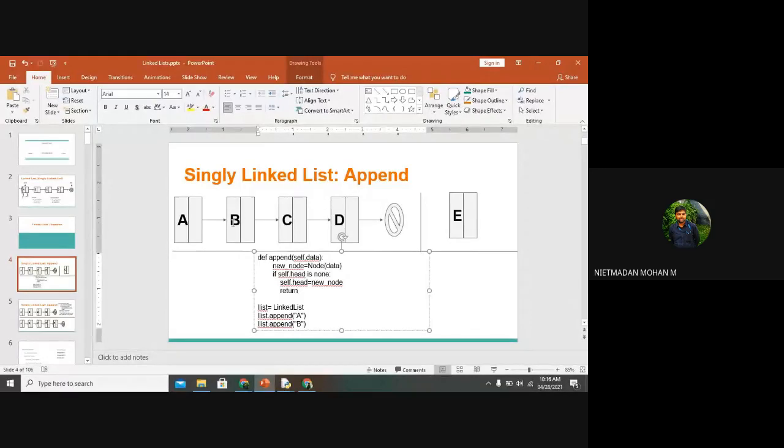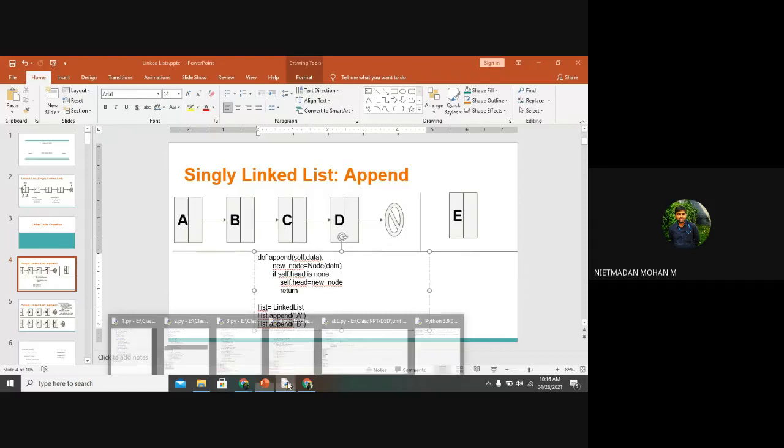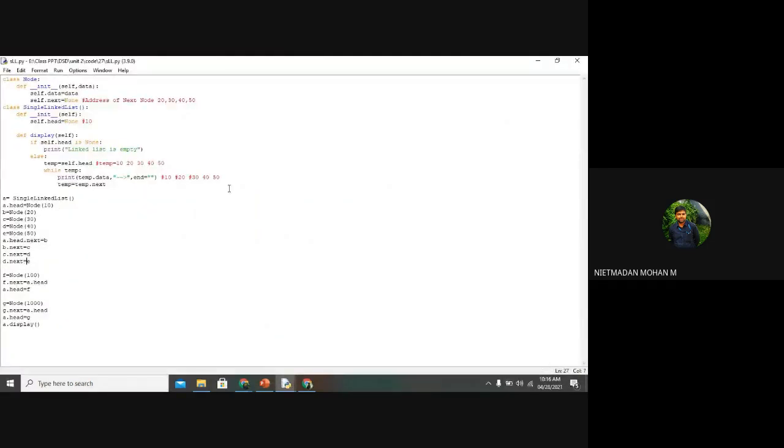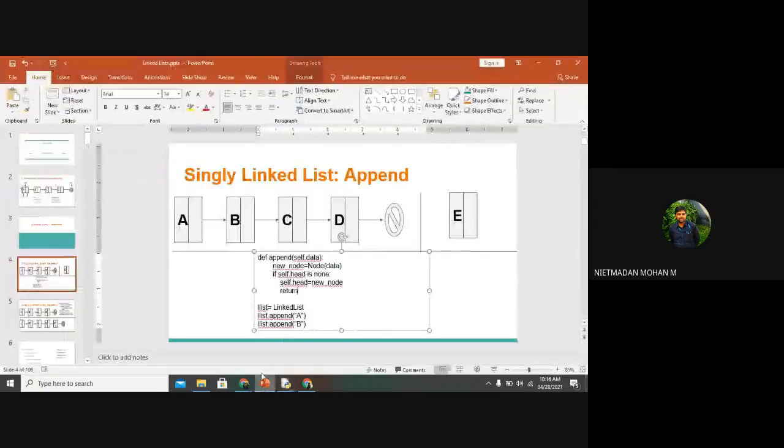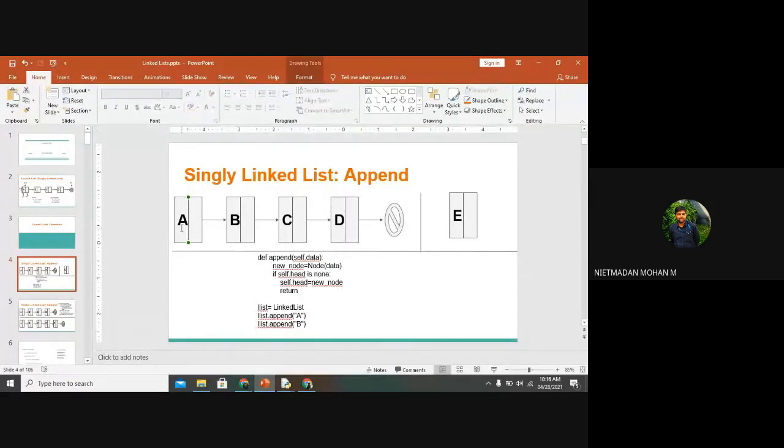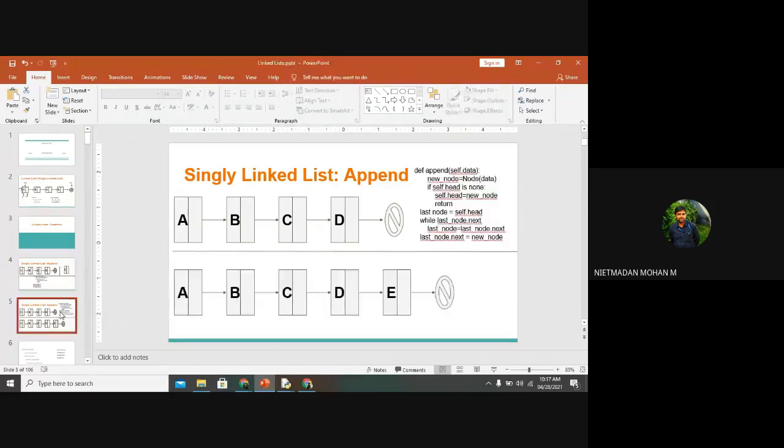In the previous example, we represented the head like this: A.head.next is equal to B, and B.next is equal to C. Like that, we have represented it. When you are using the append function, after inserting one element, that element will act as your head. If you are inserting A, and then B after A, now this B will act as the head for inserting the element called C. Likewise, the process will continue till the end of the elements you are given over here.